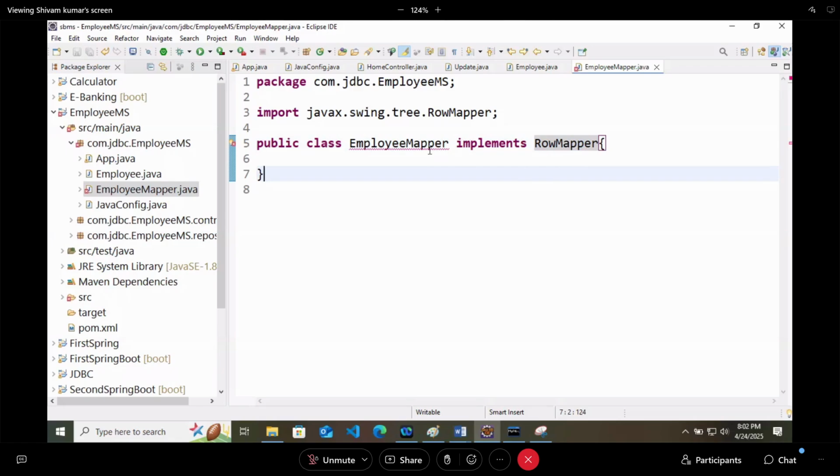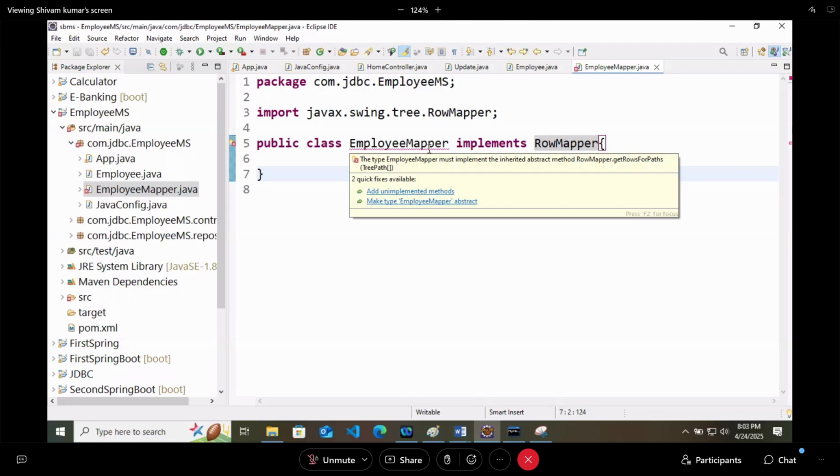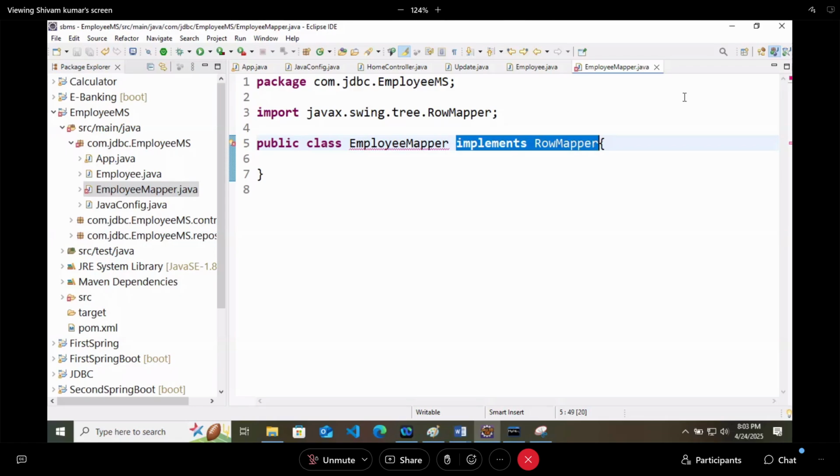Now here we are getting an error because we are implementing an interface. When I am saying row mapper is internally using result set, you just have to implement this method.